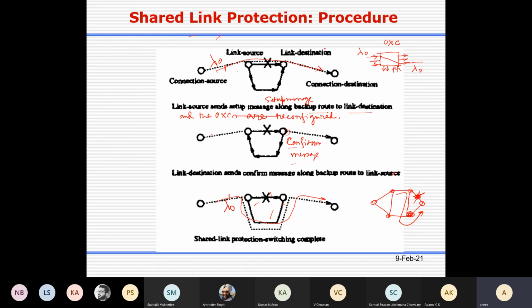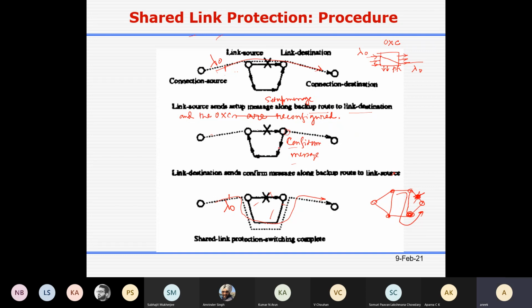So now if we compute the protection switching time, first the failure will be detected, so F is there. Now you have to send the setup message along the backup route, and then again you will get the confirm message. The number of hops is equal to M, so the total propagation delay will be 2MP.